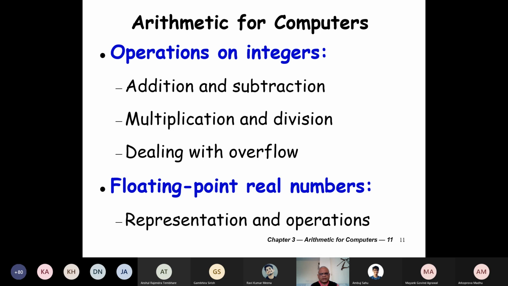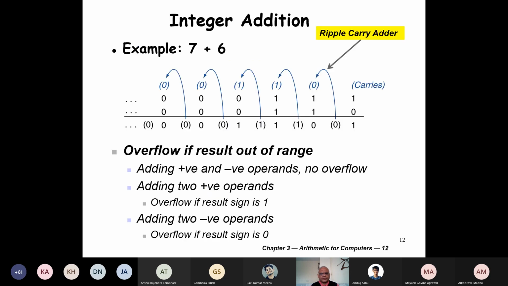We'll look at the representation and operations on floating point, and these two are expected to take about 2 hours. We won't spend much time on the chapter. The chapter doesn't appear very short in the book, but I know that all of you will find it easy to grasp. Some aspects you know already. We'll quickly go through this, unless you feel that we need to slow down, then just let me know. We will slow down, but I don't think that will be necessary. Let's start with that.